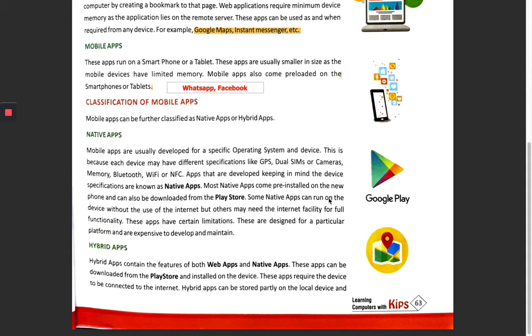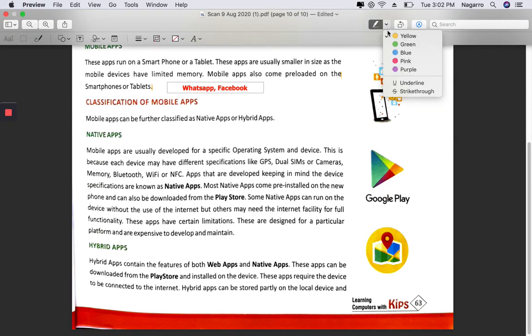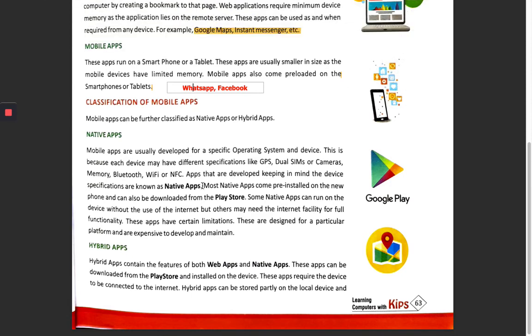These native apps are developed keeping in mind the device specification, because it may happen that an application which an Android phone supports may not be supported by iOS, and the vice versa may also happen. So for those types of applications, this category has been used.